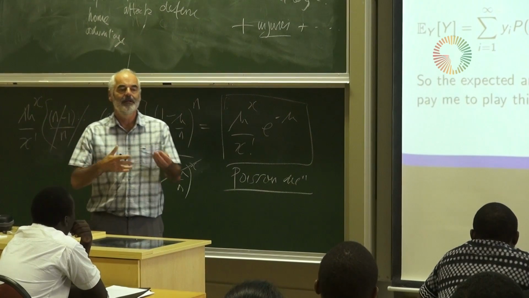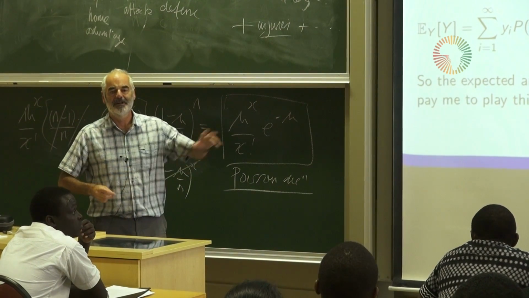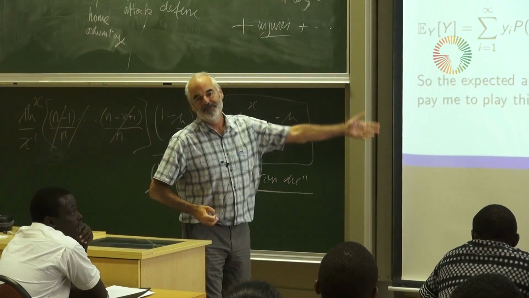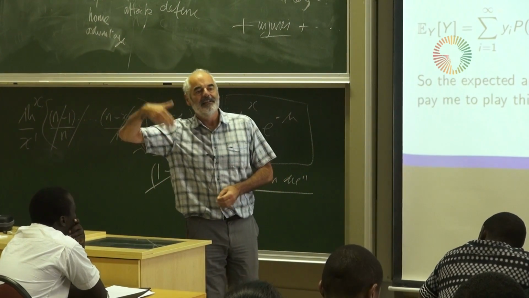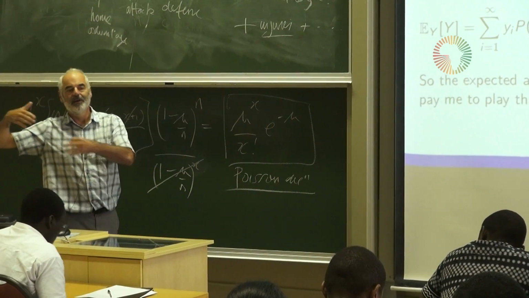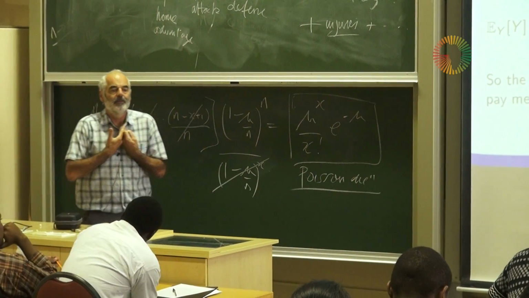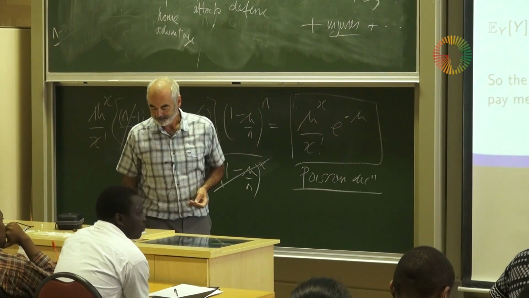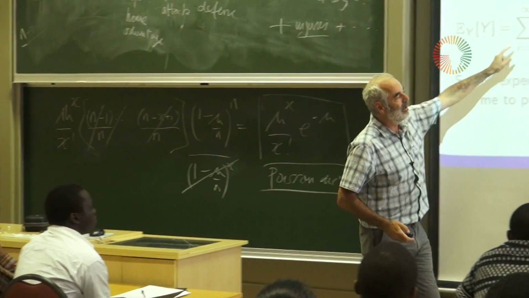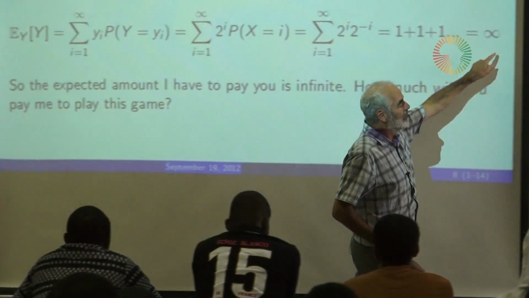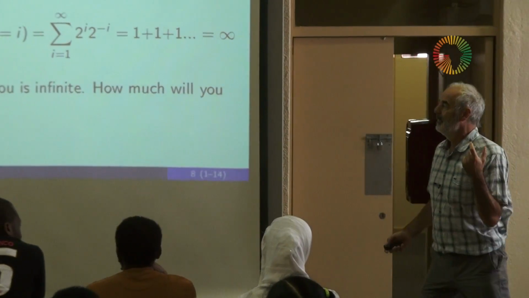People who've done economics would recognize it's all to do with diminishing marginal utility of money: the fact that getting 100 times more money is not worth 100 times as much to us. So it's to do with utility functions. But it just shows the real care we have to take about the mean.